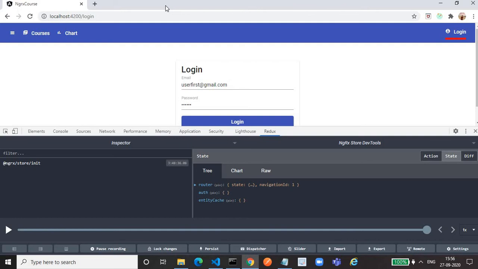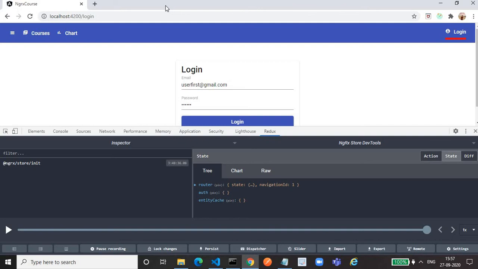NGRX data works only with a list of entities, meaning an array of objects. For a single entity, an object or a boolean value, we can use our old approach, where we have to create actions, reducers and all the other stuff.